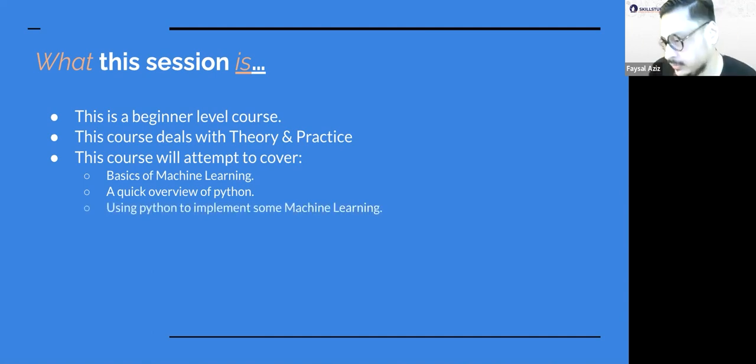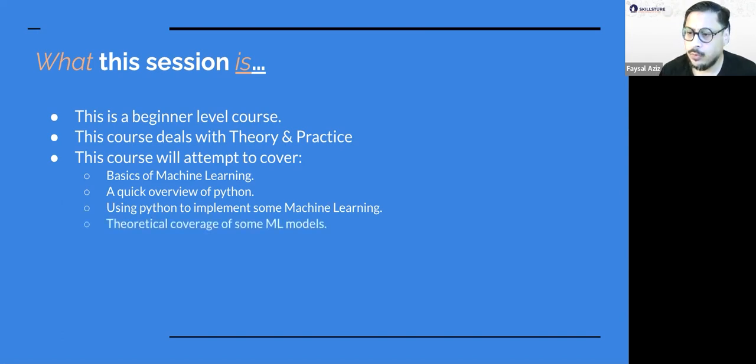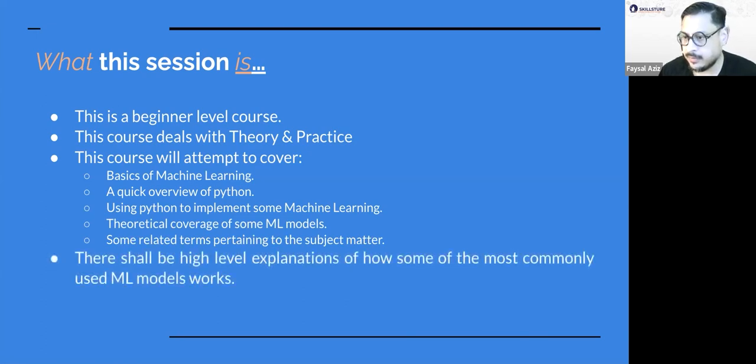Then we shall see how we can use Python to implement some machine learning. We will have theoretical coverage of some machine learning models. I quite often abbreviate machine learning as ML. And also some terms relating to the subject matter.